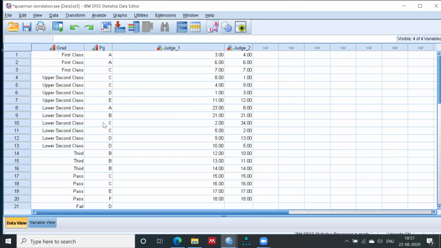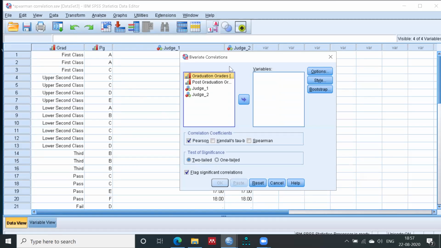Now, what is the question? Basically, the question is to calculate the rank correlation, because here we have ordinal data, right? So we will apply the rank correlation here. For the rank correlation, apply the same option, bivariate correlations, right?